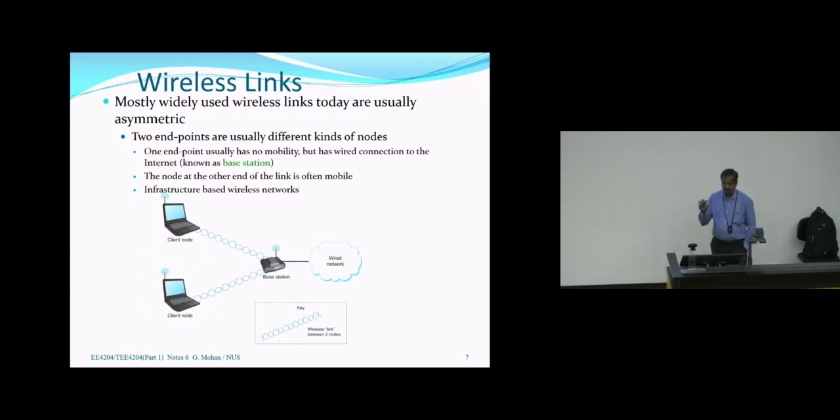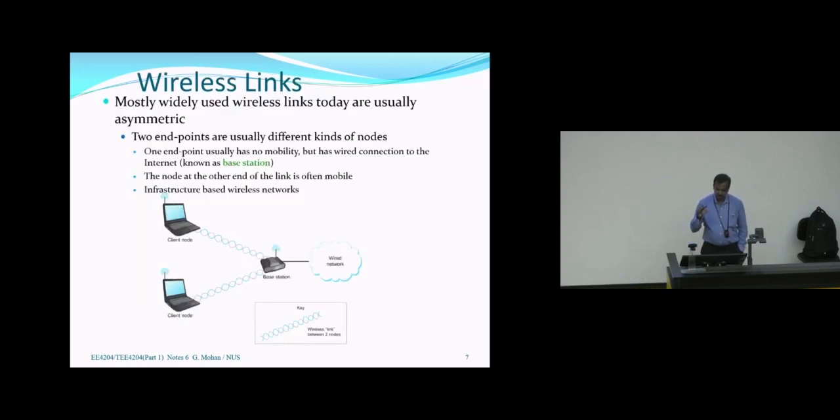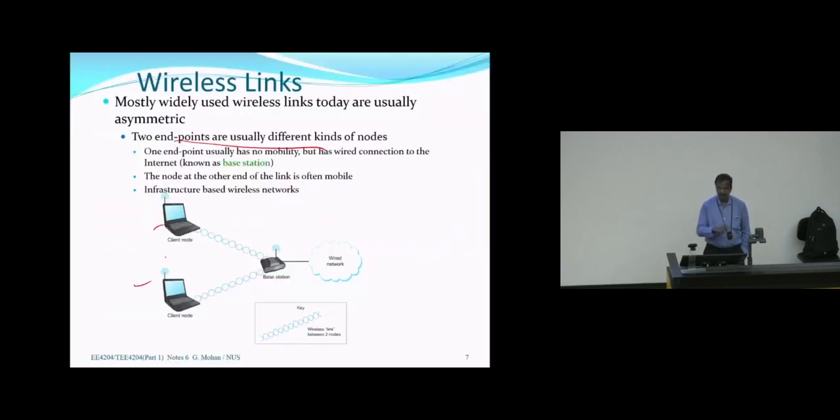But how are the wireless devices connected? Actually, there are two types, but the popular one is the infrastructure-based one. Usually the endpoints are different, which means the devices do not communicate directly. Let's say you want to send something to another person, we don't communicate directly. Usually, the wireless devices are connected to a base station or access point. At home we have a wireless access point, right? Universities also have wireless access points. If it's a 4G network, the cellular mobile tower is the base station or access point,